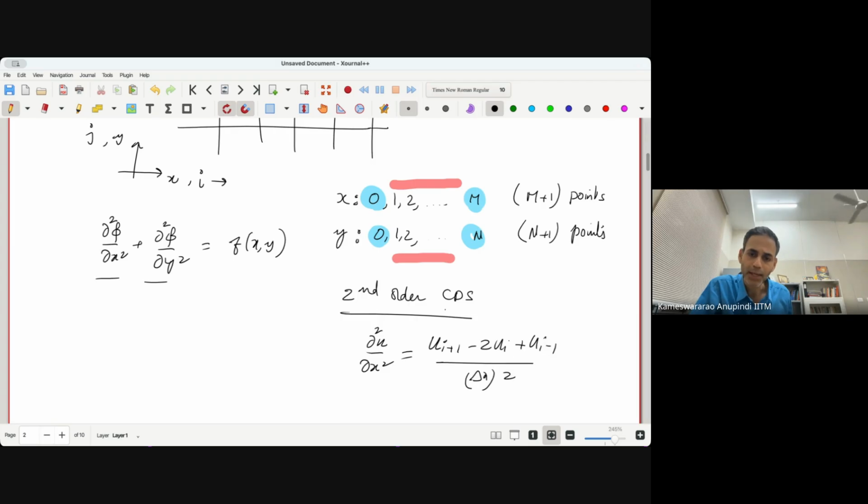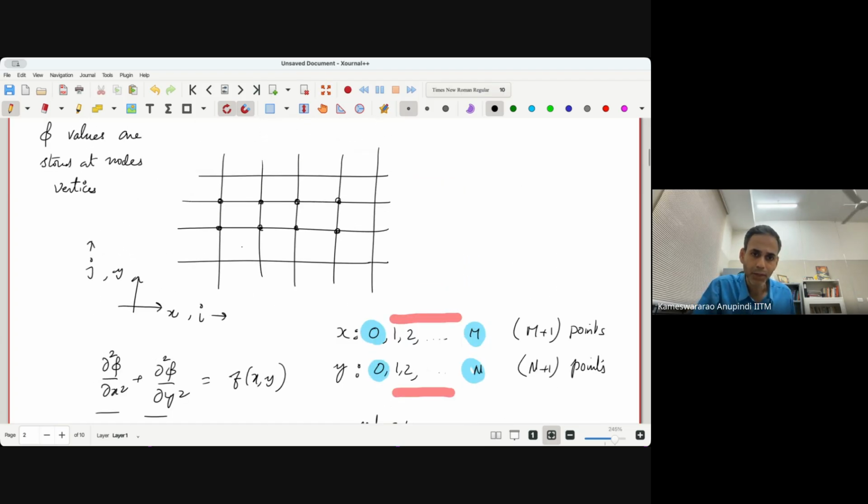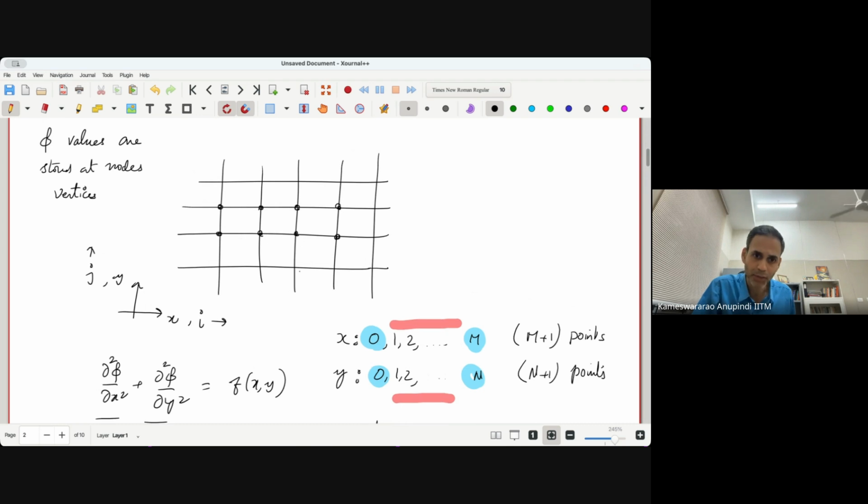That is the second order central difference scheme for a dependent variable u to be discretized along in the x direction. But then we realize that we are dealing with a two-dimensional problem in which, if this is my ij, this is going to be my i plus 1j, and this point is going to be my i minus 1j, and this is going to be ij plus 1, and this is going to be ij minus 1. So these are the 4 grid points I have all around the ij point.